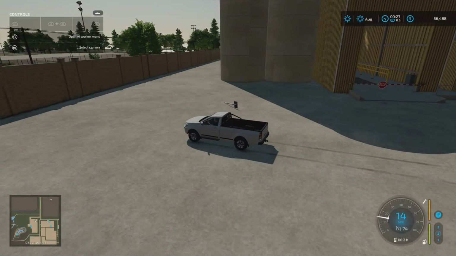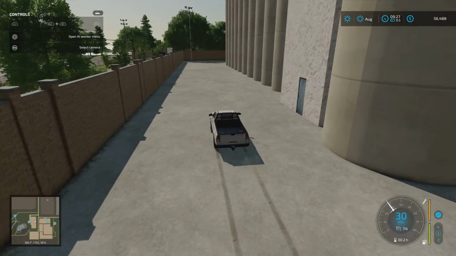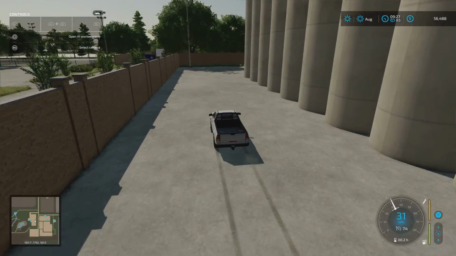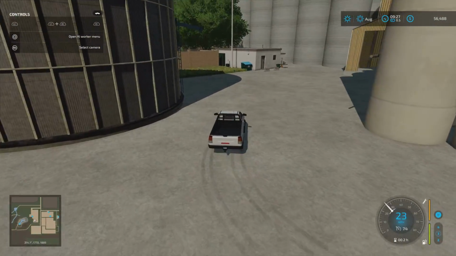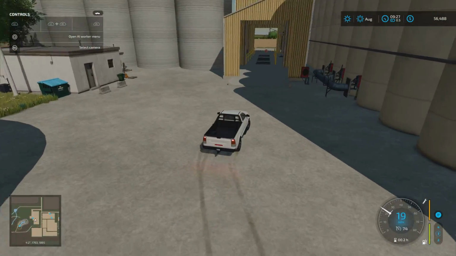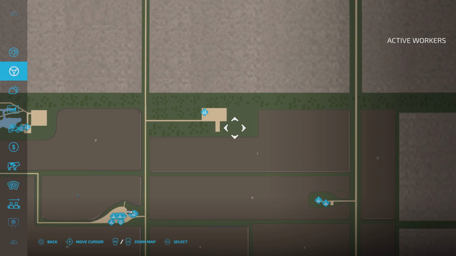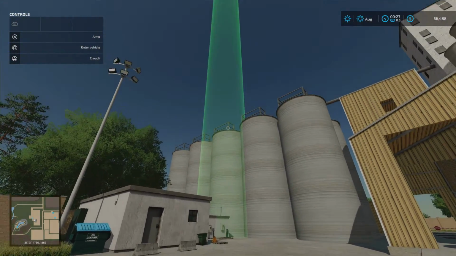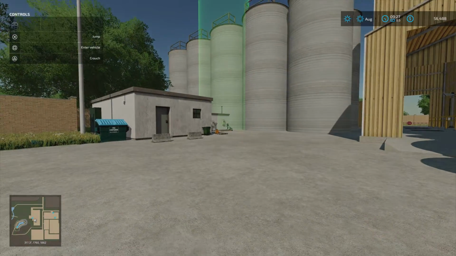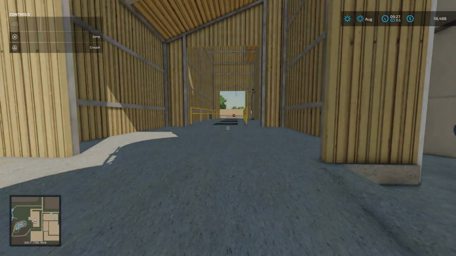Now I tried speeding up time. As you can see, we've gone past 9 o'clock. That doesn't open, weirdly. And if you look bottom left of the map, the blue dot is around the back here. And I thought, well, it's got to be through there, surely. But weirdly, if we go into here and we go down to sell points, if I go to CHS Grains and click on tag place, that's where it's showing. Now, I don't know if that's just a tag for the whole place, whether that is where you've got to put stuff in, but